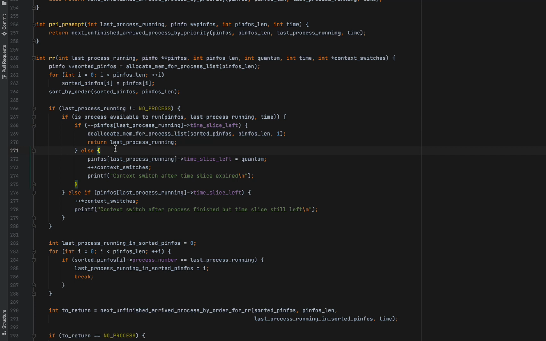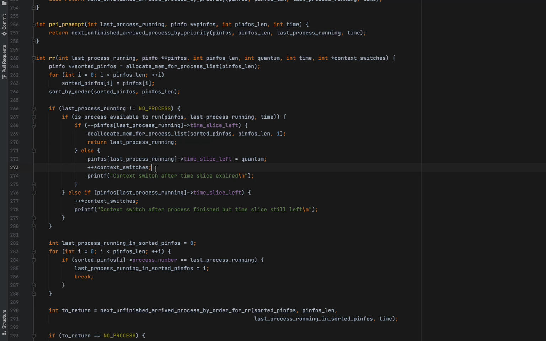If the time slice has gotten over, then we reset it to quantum again so that next time it runs, it gets its entire time slice of whatever quantum input parameter has been taken in the take input function. We increment context switches because even if we have to run the same process again, once its time slice runs out, that will count as one context switch.